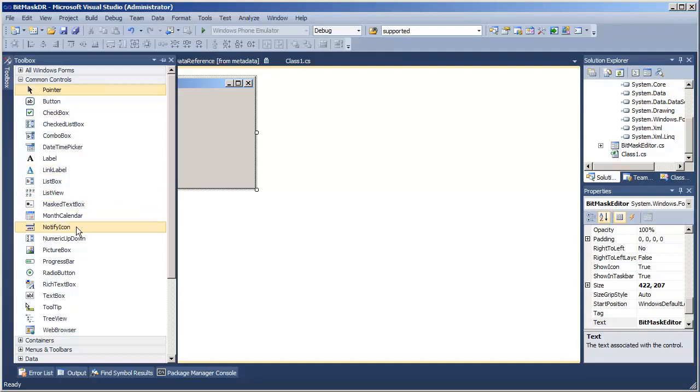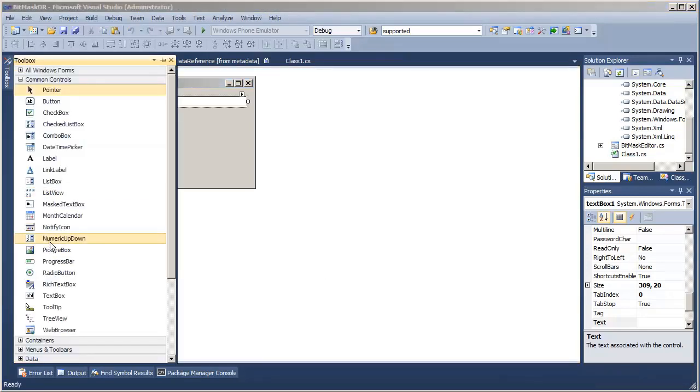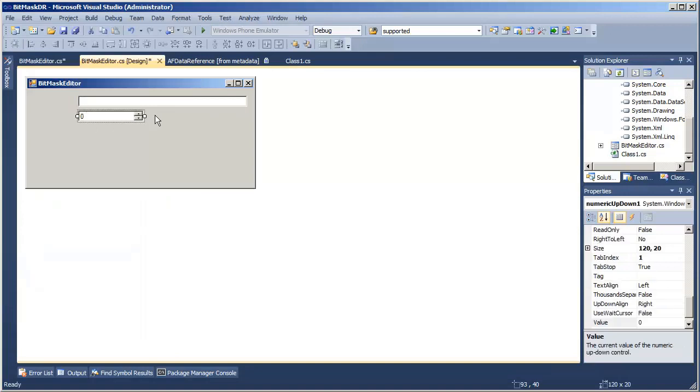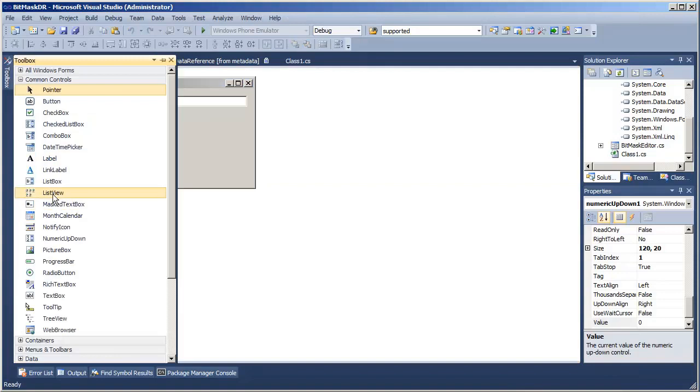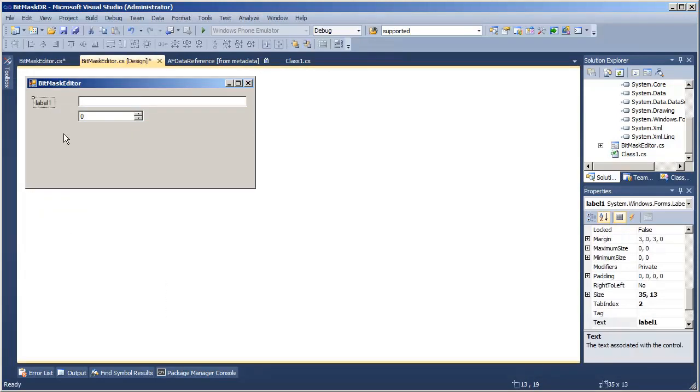So in the name of science, I will add two text boxes here. One to hold the target attribute name, and the other to hold the bit index. And just to be nice, a couple of labels.